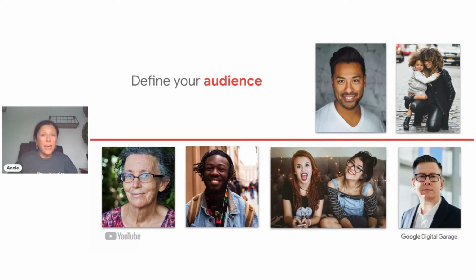Some sort of interest in pets, but having an idea of these people will just give you a really clear idea about who you're creating your content for and what makes it interesting for them, what they're interested in terms of information, in terms of engagement, in terms of anything emotional, because we are emotional creatures and we do connect through emotion, and no more so than through something like film where we can see it all brought to life. So thinking about who we're talking to will convey a different tone of voice depending on who we are trying to attract. So it could really impact the tone of voice we use and the kind of messaging we want to create as well.